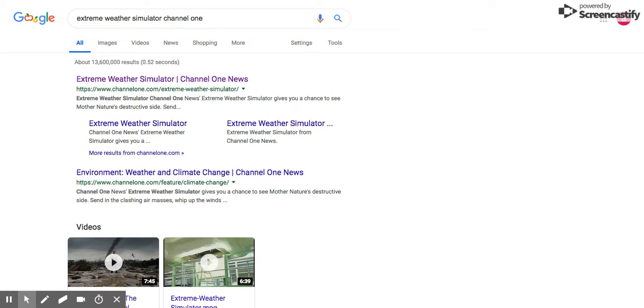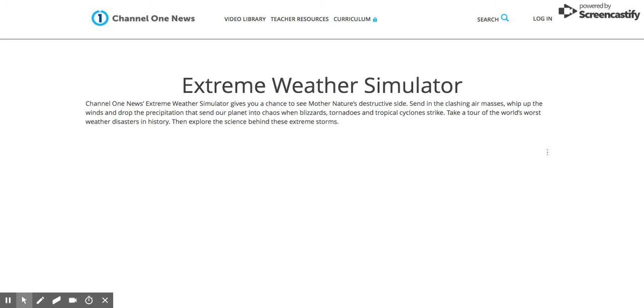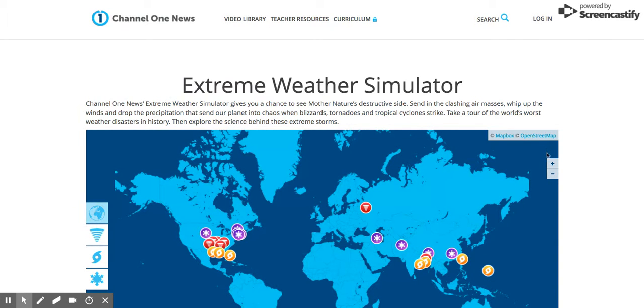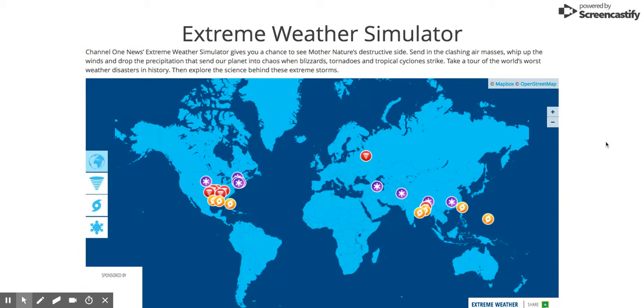The Extreme Weather Simulator is provided to us by Channel One News. If you were to do a quick Google search of this, you can type into the search bar Extreme Weather Simulator Channel One, and the first option that pops up would be the correct site. When you click on it, you will immediately be redirected to the appropriate site where it provides you with a